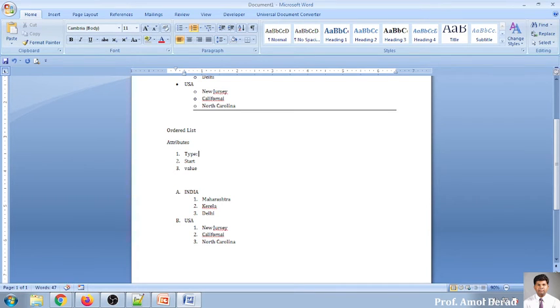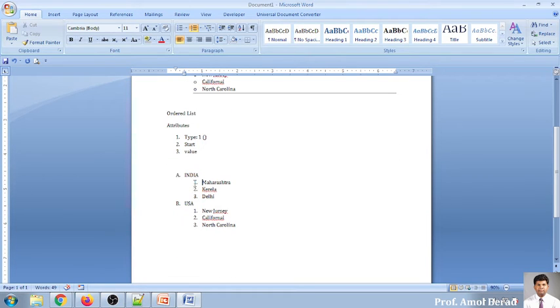Whatever you write, if you write type is equal to 1, it will display the output like 1, 2, 3, 4, like this.